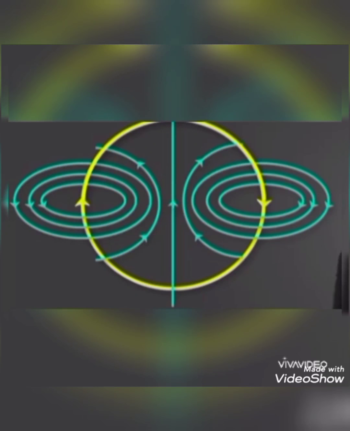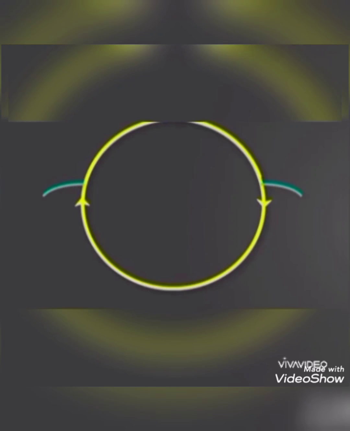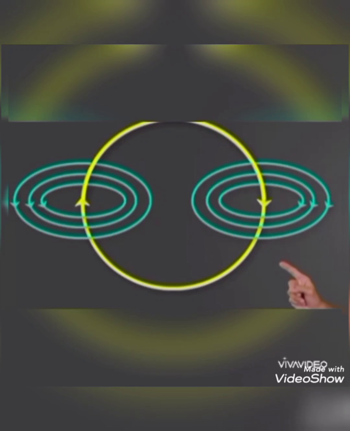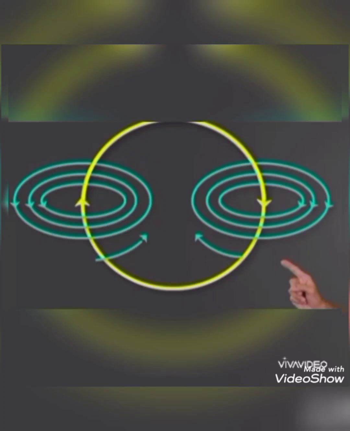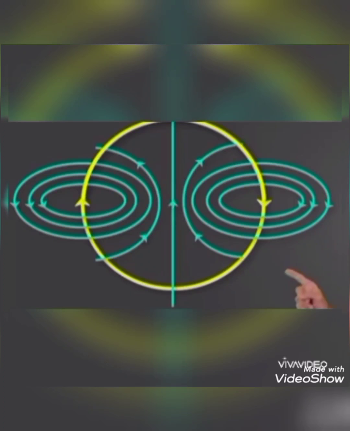To understand the magnetic field of a circular loop, these magnetic field lines are circular near the wire. As we move away from the wire, these concentric circles become larger and larger. These concentric circles represent the magnetic field of a circular loop. At the center of the circular loop, the magnetic field becomes a straight line. By the time we reach the center of the circular loop, the magnetic field lines appear as a straight